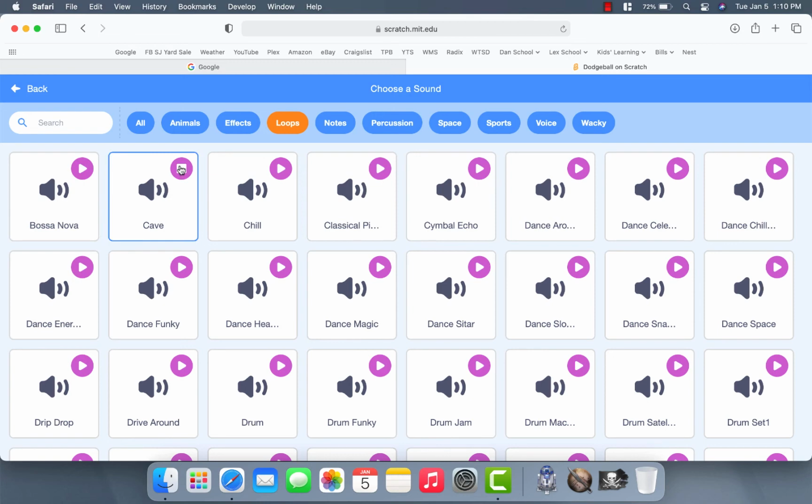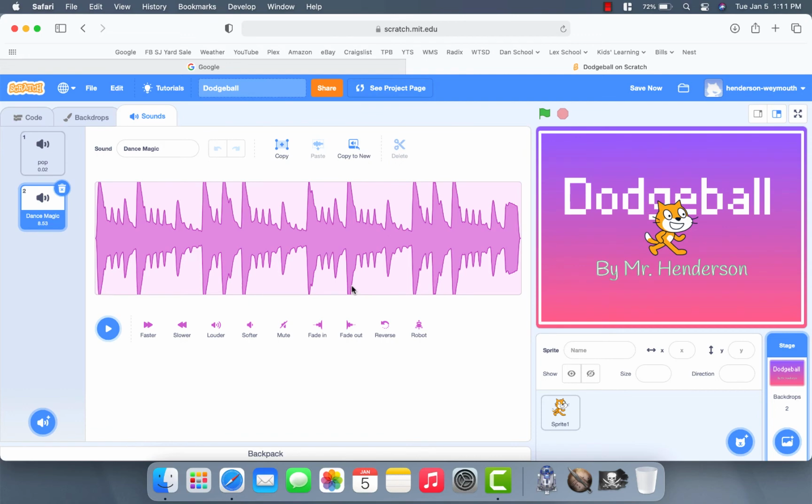Not bad. How about, okay, so, oh, I like this one. Or hold on. Actually, I think I like this one the best. Dance Magic. Now, the reason that we left it default to 10 loops or 10 repeats at the beginning is